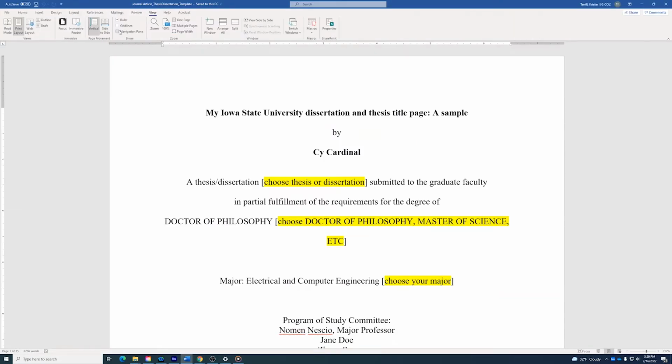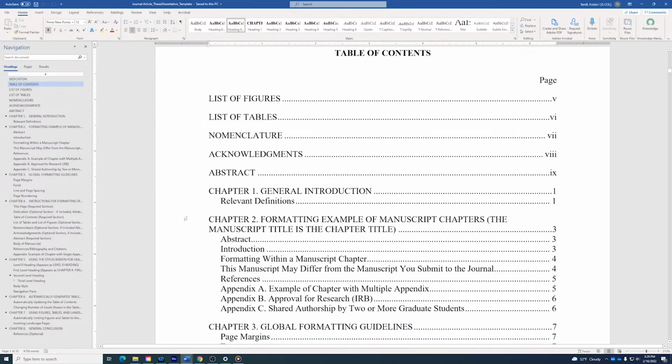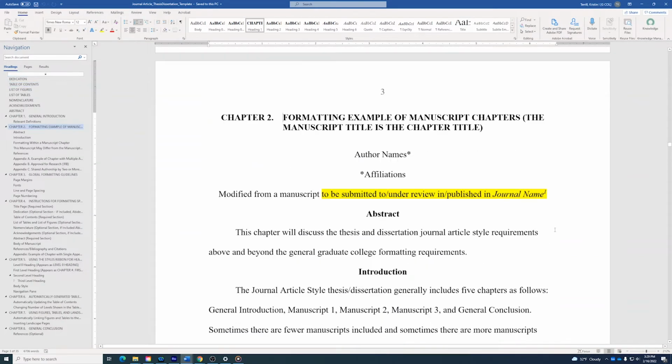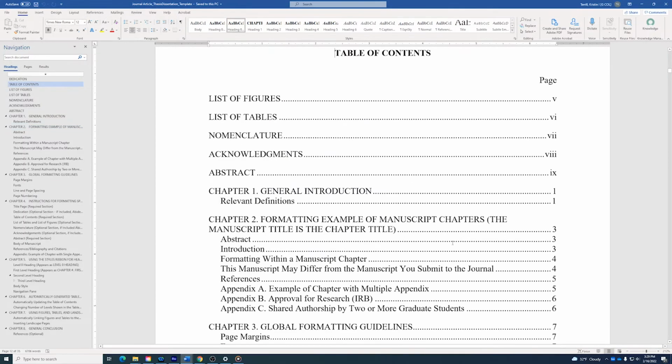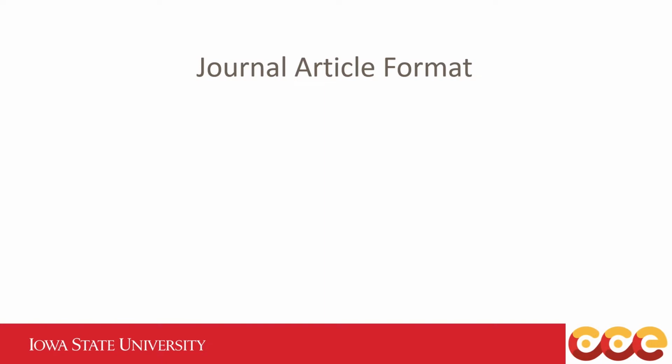When you select this template, all the chapters, besides the general introductions and general conclusions, must be formatted as journal chapters, even if you do not plan to submit them as manuscripts. Every journal chapter must be self-contained, so references and appendices must be attached to the respective chapters. The journal article format is best for theses and dissertations with at least 1 chapter that is self-contained or independent